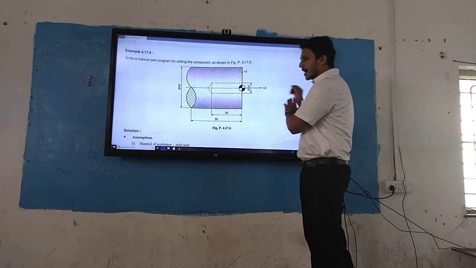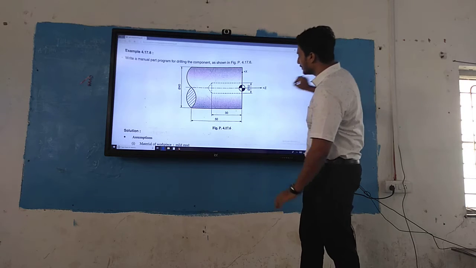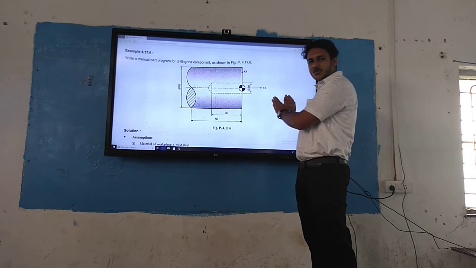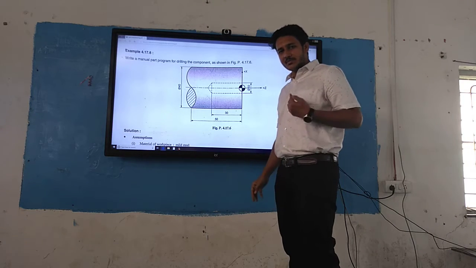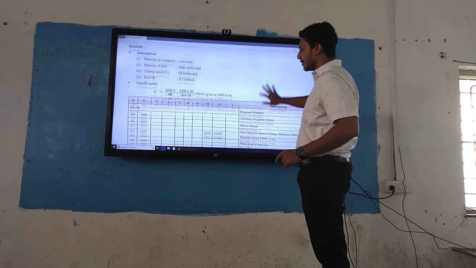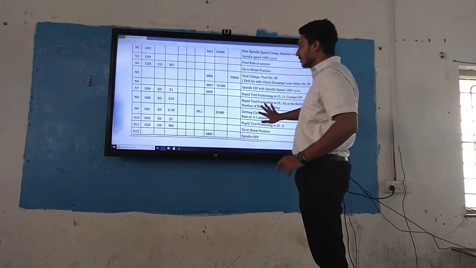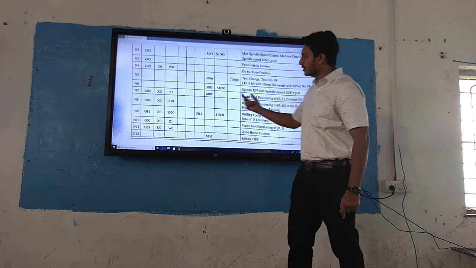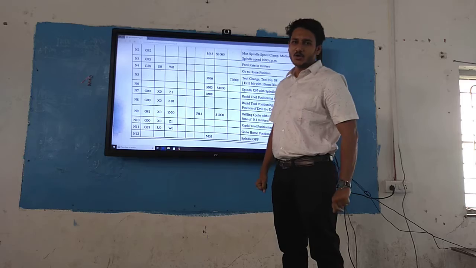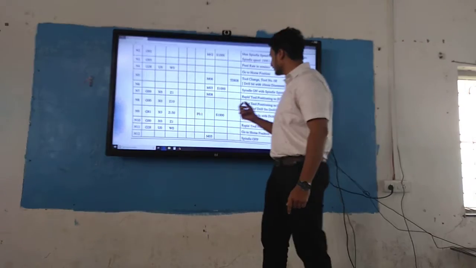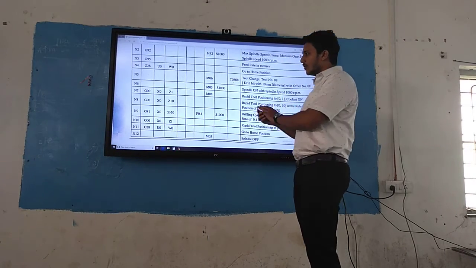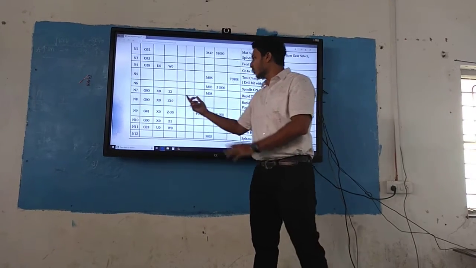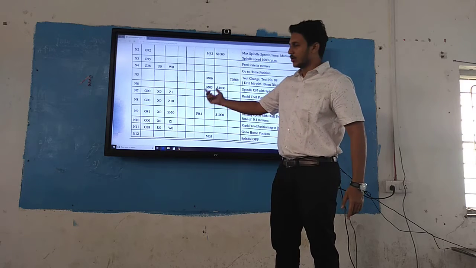So I need to do a rapid tool movement from its position to X0 and Z1, 1 mm away in the positive direction. We turn on the spindle, and we turn on the coolant with the code M08. We have a rapid tool movement from its home position to X0 and Z1 with the coolant on.